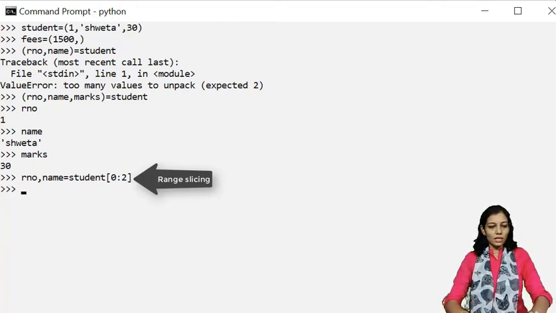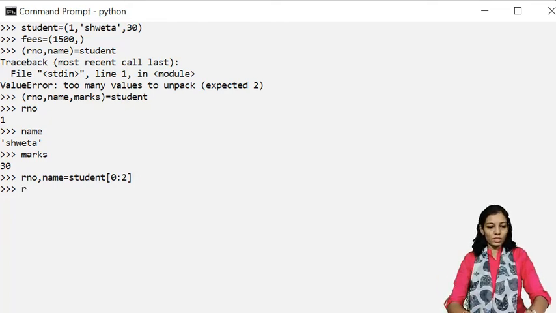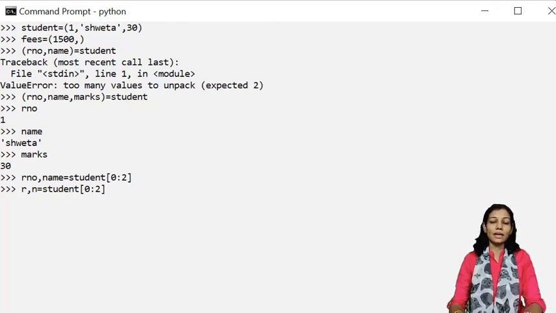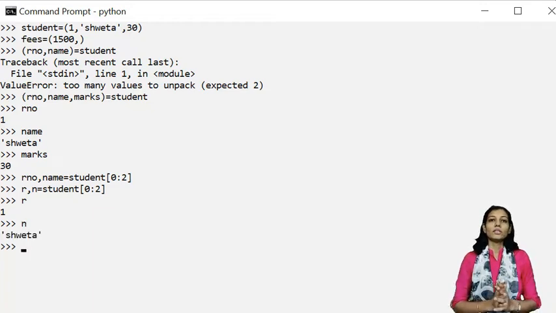So let us understand, or rather I'll be using some different variables, R and name equal to student, 0 to 2, so that we can understand whether R and name have been assigned the proper values or not. So R is having value 1 and the name variable will be having the string, that is the second element. So this is how range slicing will be used.